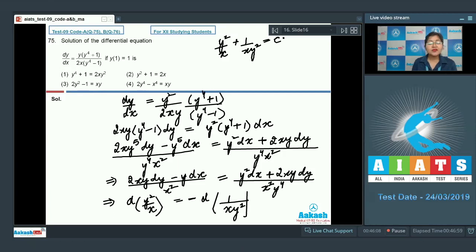Now in the question it has been given that at x = 1, the value of y is 1. So we get that 1 plus 1 is equal to c. That is, the value of c is 2. So we can say that y square upon x plus 1 upon xy square is equal to 2. Multiplying the whole equation by xy square, we will get y raised to the power 4 plus 1 equal to 2xy square. So from the given options we can see that the correct answer is option number